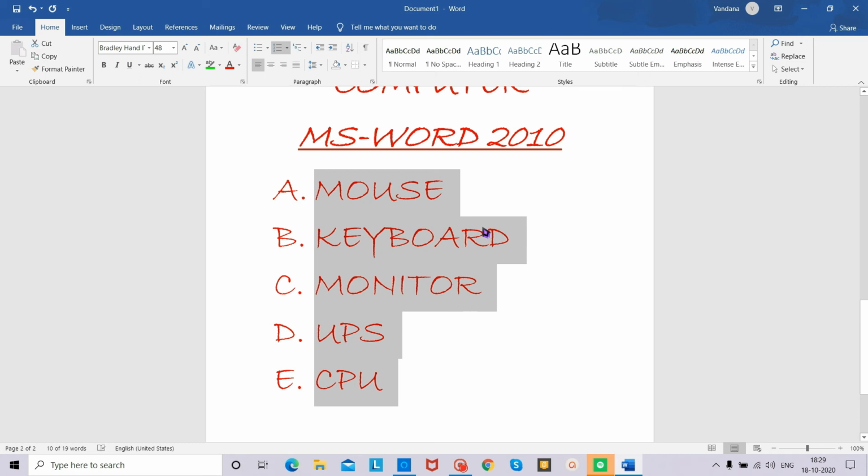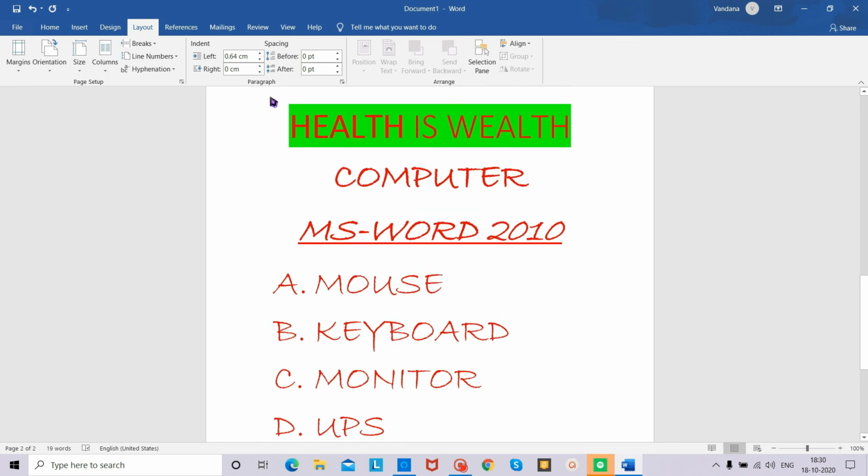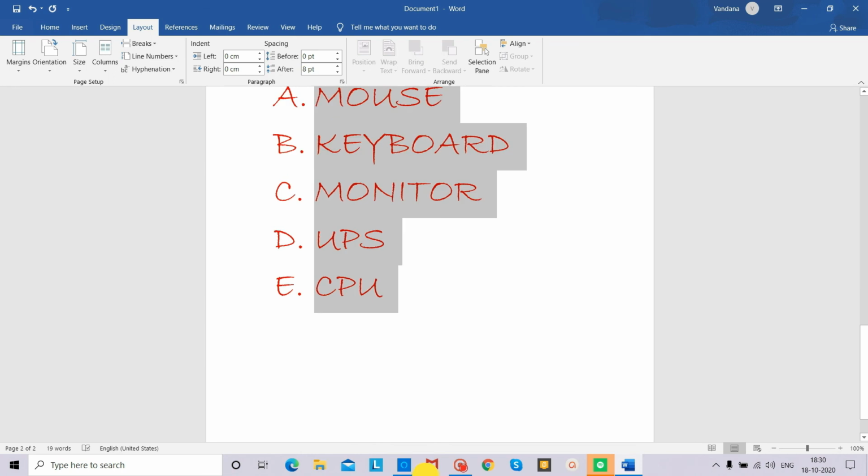Next is applying border and shading. This always enhances the appearance of the text. We can add borders and shading effects. Follow the steps given here. First of all, select the text, click on the Home tab. Whatever page you want to get a border, I have taken the whole text.